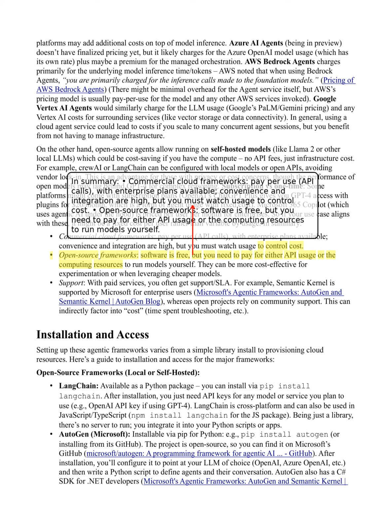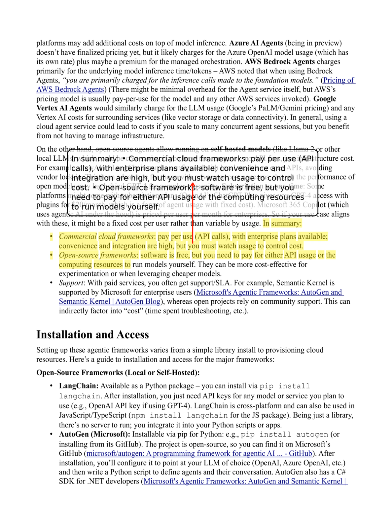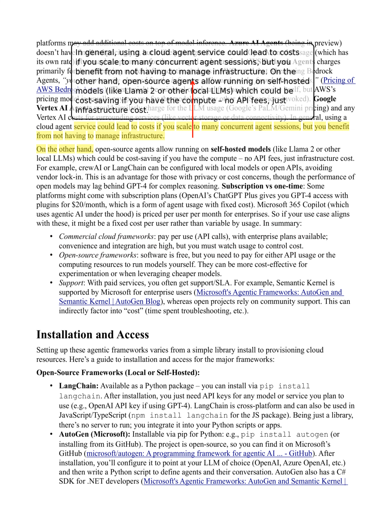So it sounds like there's a trade-off between the convenience and support of a commercial platform and the cost savings and flexibility of open source. That's a good way to put it. And factors like the scale of your deployment, the specific AI model you're using, your need for support, and service-level agreements will all play a role in your decision.